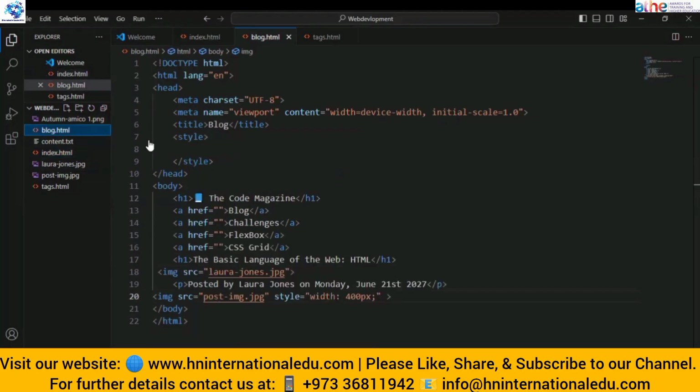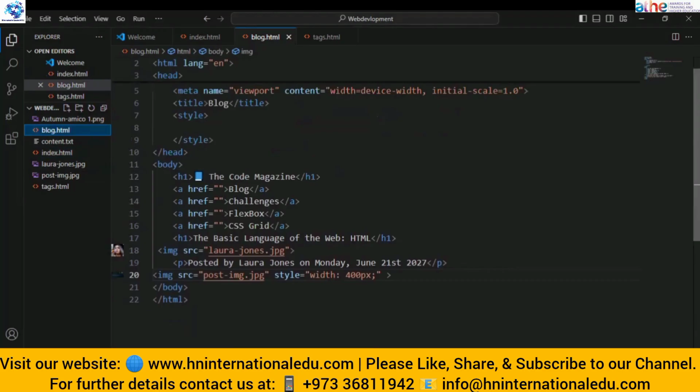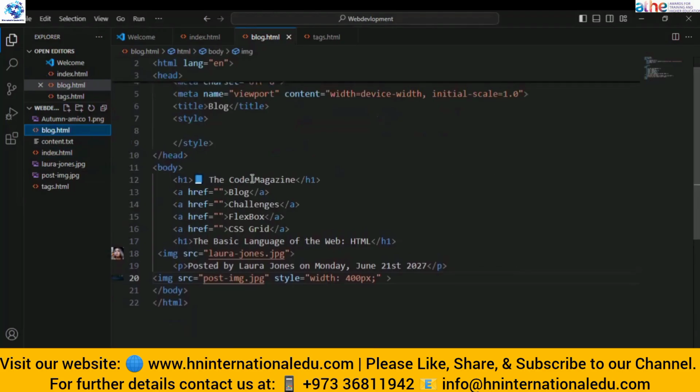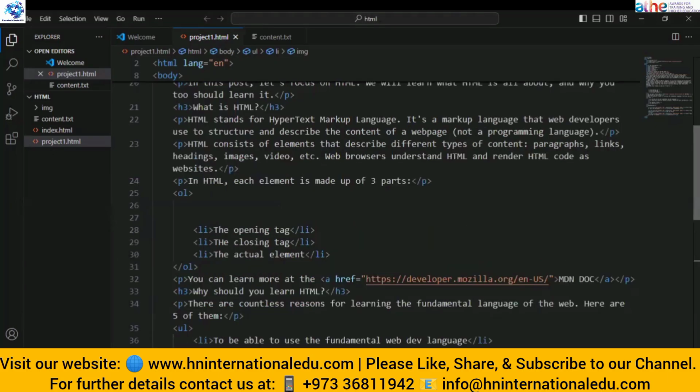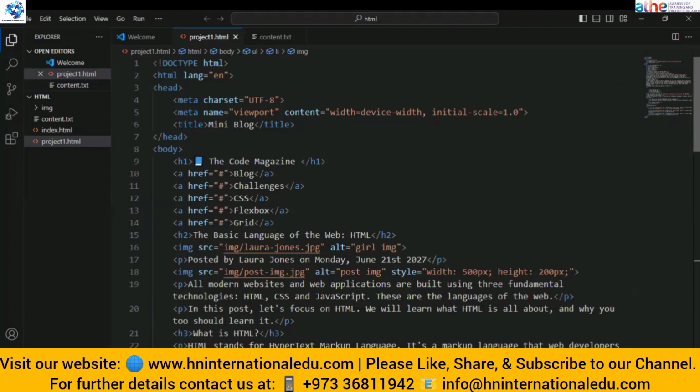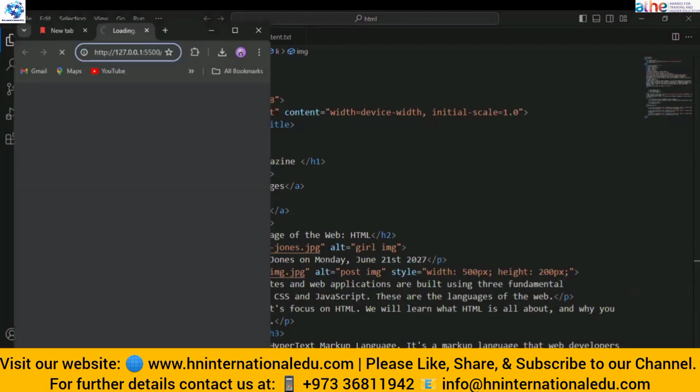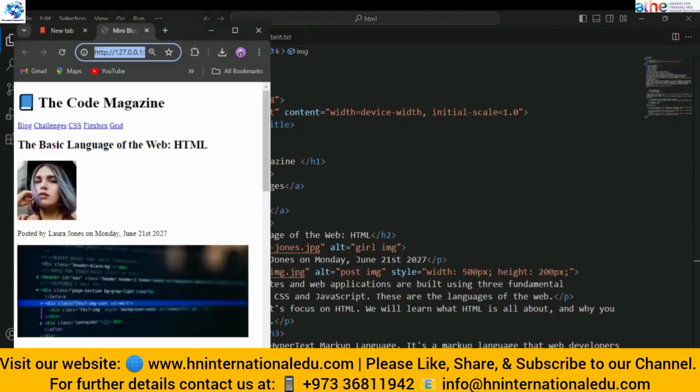I opened the wrong folder. This is it. We created this HTML project to understand all the tags. Now let's run it with live server here. So this was the project that we created.